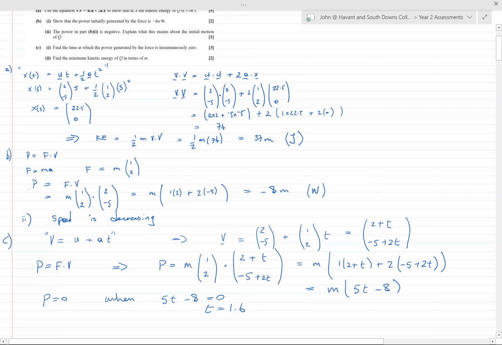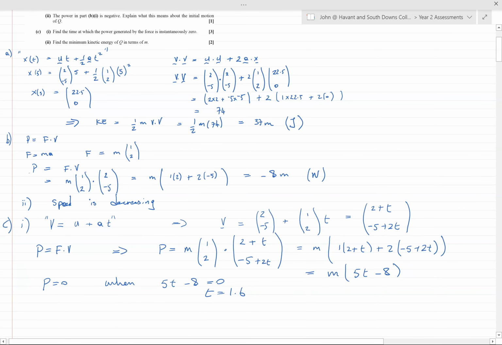Okay, so that's the first part of that done. Now, as I said before, that will actually be the same as when the speed is at its minimum, because initially the power is negative, so speed is decreasing, and then at a certain time, which we've worked out, the power is 0, it then becomes positive. And then because the power is then positive, that means that the speed will start increasing. So it follows that when t is equal to 1.6, the speed is at its minimum, therefore the minimum kinetic energy. So we can say that when t is equal to 1.6, we can just use this formula here,